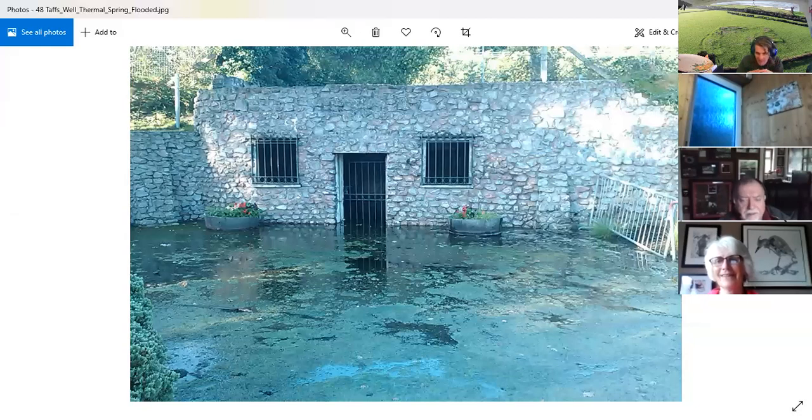Now, the reason why I'm mentioning that in this lecture is because in 1793 or thereabouts, they actually recorded that there was Roman remains at Taft's Wells associated with this thermal spring. There are 3 thermal springs in Britain. There's one at Bath, one at Buxton, one at Taft's Wells. And the reason why I mention that, even dare to mention that in connection with the decay of Roman Britain, is that